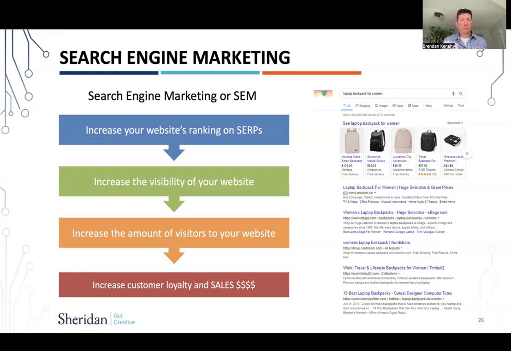So that's the third part, get the visibility. People see our name, but then we want to get people to click through. So we need to have words and descriptions that make people want to come see us. And then ultimately we want to get people to buy on our site or come to our store and shop. That's the purpose of the website. So your Google results get them to your website or your blog, and your blog and website then get people to actually buy the product.